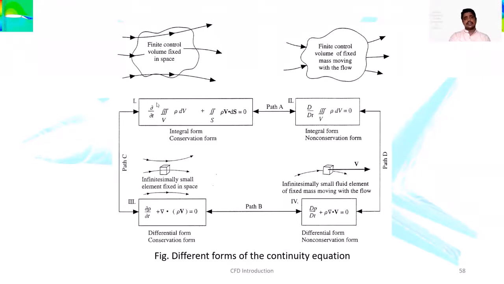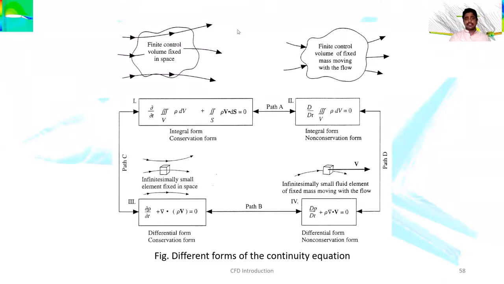Here we can see dou by dou t, that is the variation with respect to time. So that is rho dV, the volumetric change happening inside this fluid flow, and bold v represents the velocity here. So v dot ds. So equation 1 represents the integral form, the conservative integral form of the continuity equation, where the control volume is fixed in space. And if you see the second part of it, the integral form of the equation